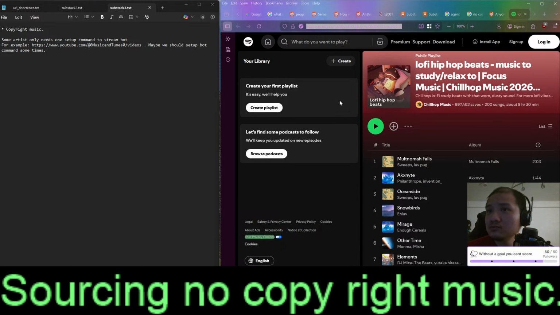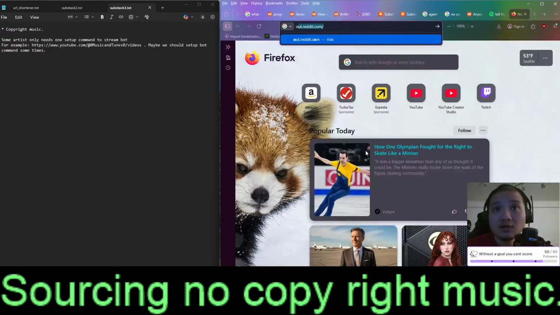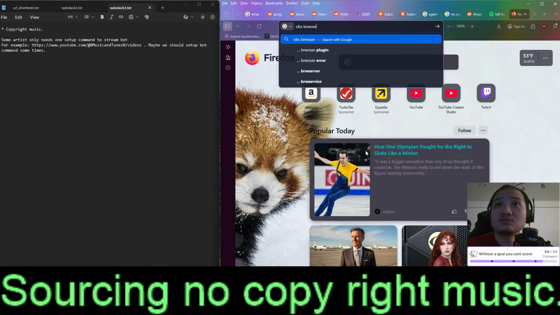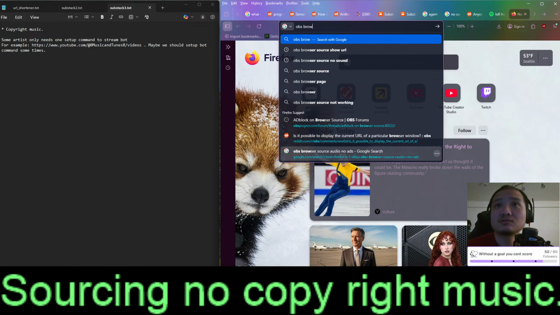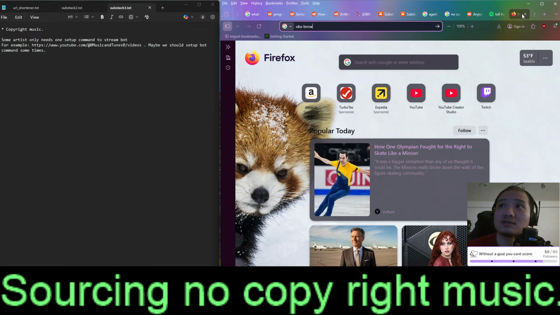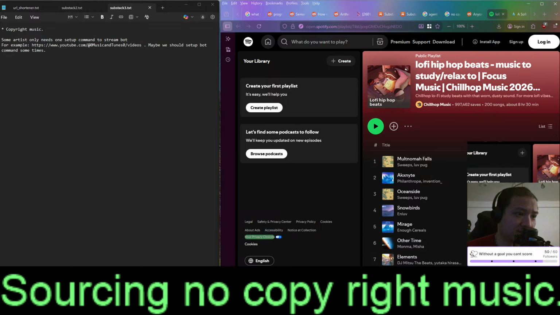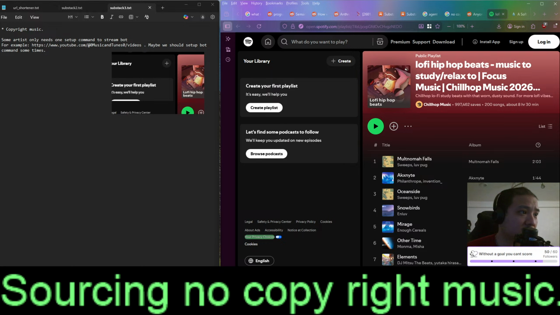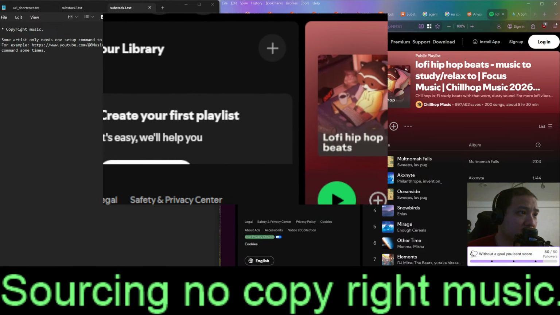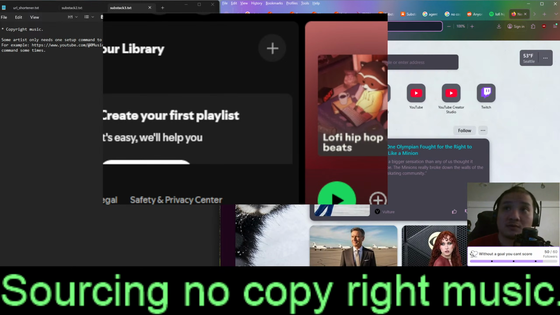How do you show just a portion of OBS browser source? Oh, you can do this, I guess. You can just first do that. Wait, hold on.